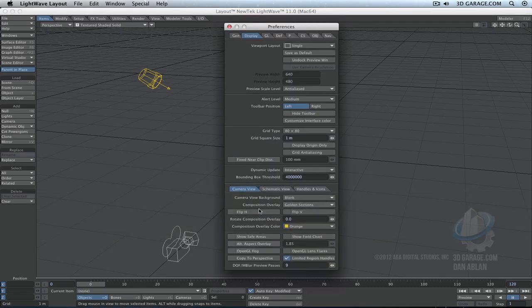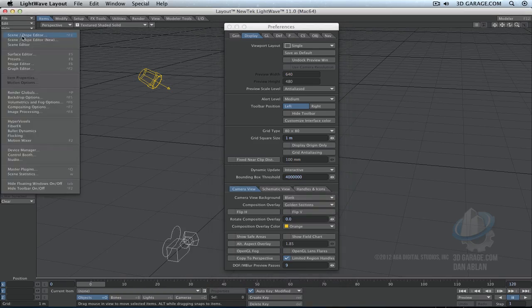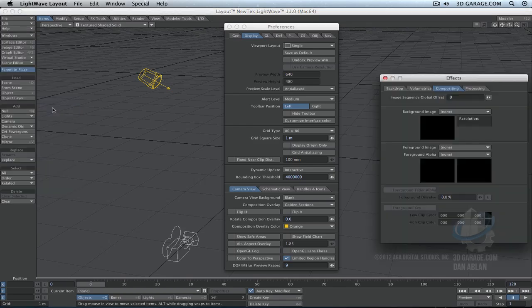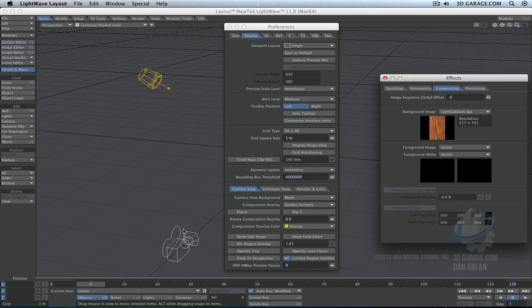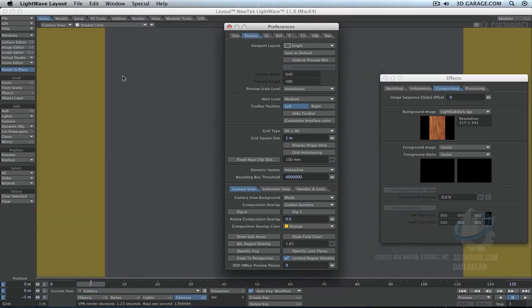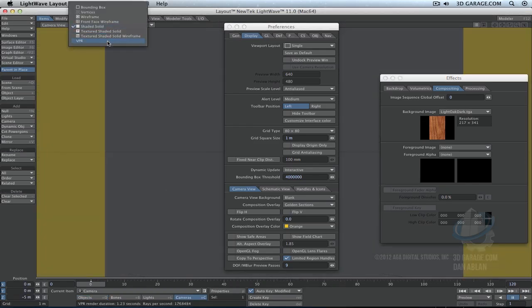Camera view tab down here. Different things that happen in the camera view. It's kind of important if we're doing any compositing. You will see a background image or preview. You can set those so that when you're in the camera view, if you've added anything in the compositing options, such as a background image, when I get to my camera view, and if I'm in shaded solid mode, if I jump to VPR, certainly